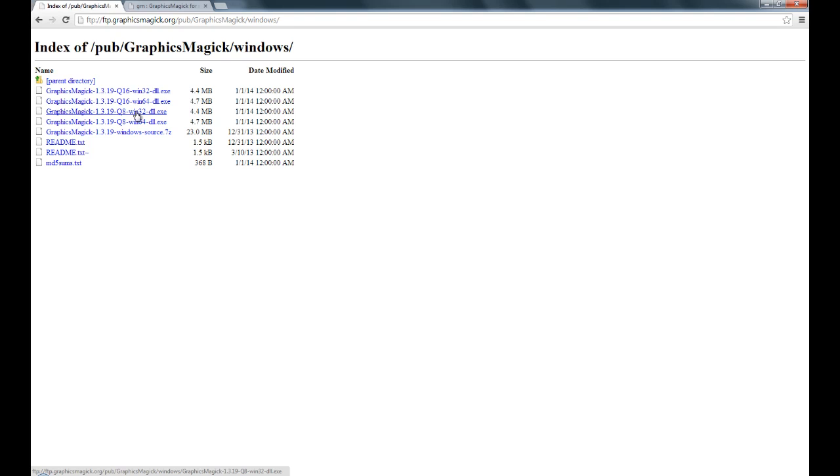If you're on a Mac or a Linux box, then you should be able to do a sudo apt-get install gm, and that should install Graphics Magic for you. We will cover that in one of the upcoming videos which shows you how to install Graphics Magic on the Amazon EC2 instance. So once you have this downloaded and installed on your machine, the next thing that we will